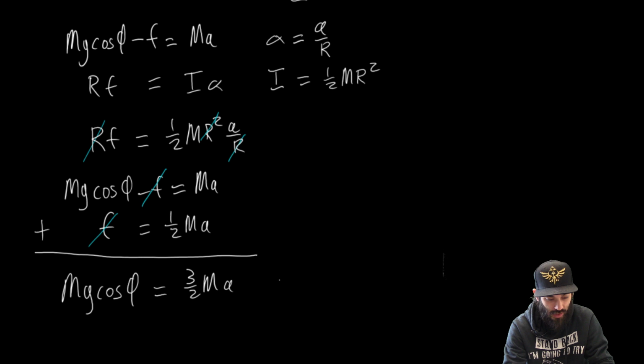And so A, the acceleration, which is ultimately what we're looking for, A is going to be equal to, our M's are going to cancel. We multiply both sides by 2/3. And this is going to be 2/3 g cosine of phi. So this is the acceleration of the